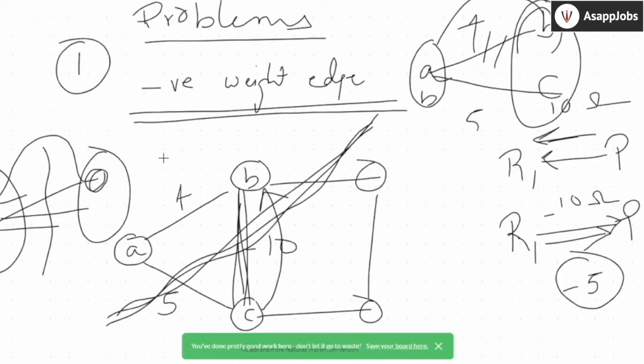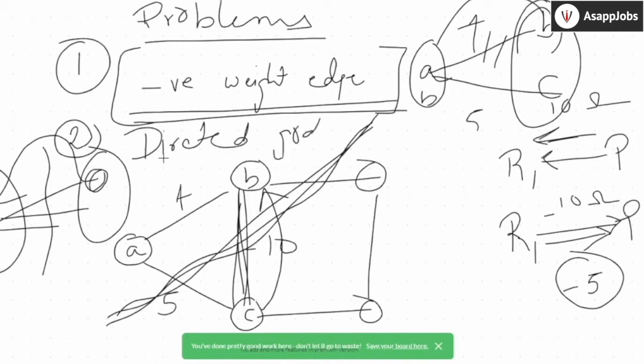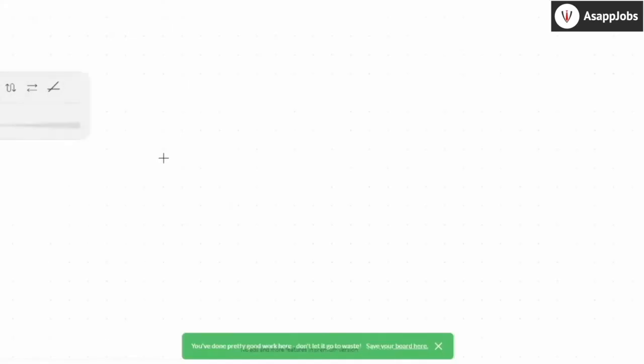If it is a negative weight edge, since it's a greedy algorithm, if it picks a positive weight edge before to reach a particular node, it is not going to consider a negative weight edge that might be used to reach a node again. Okay, so it doesn't work for negative weight edges. So that's the first condition. Second one, it is not a good algorithm for directed graphs. Just remember that.